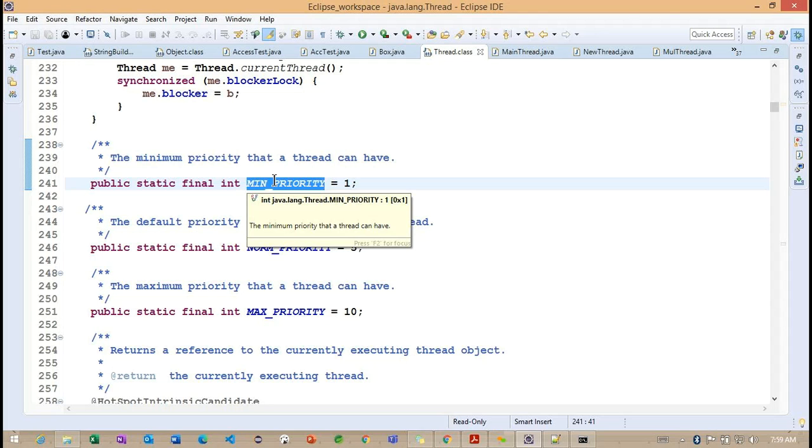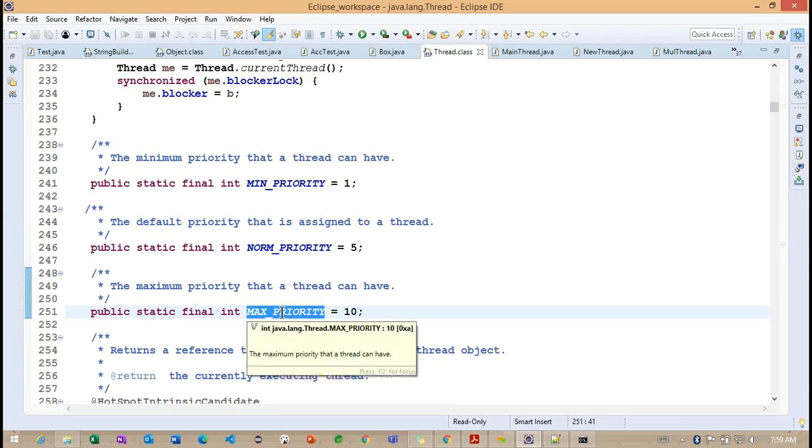We don't need to take care of more information on the scheduler because whenever we provide the priority, based on the priority the scheduler will provide the CPU time. Whenever we execute any program, the scheduler will check whether it is a max priority thread, a min priority thread, or a norm priority thread.